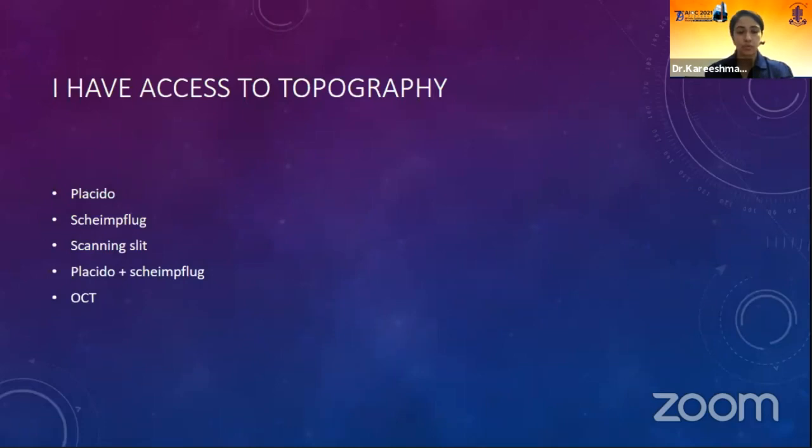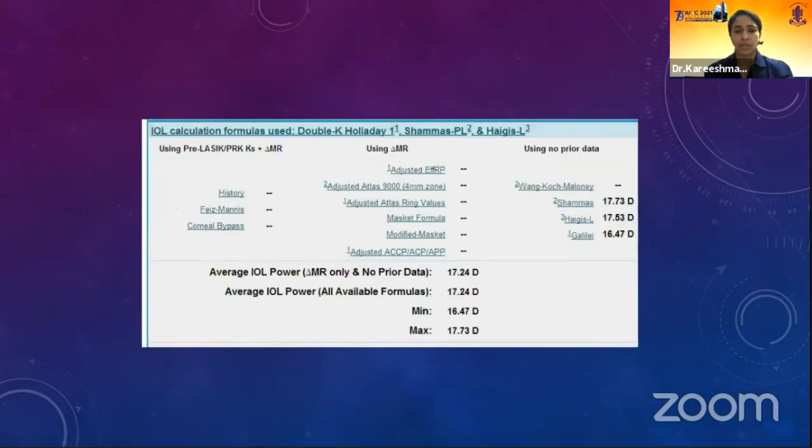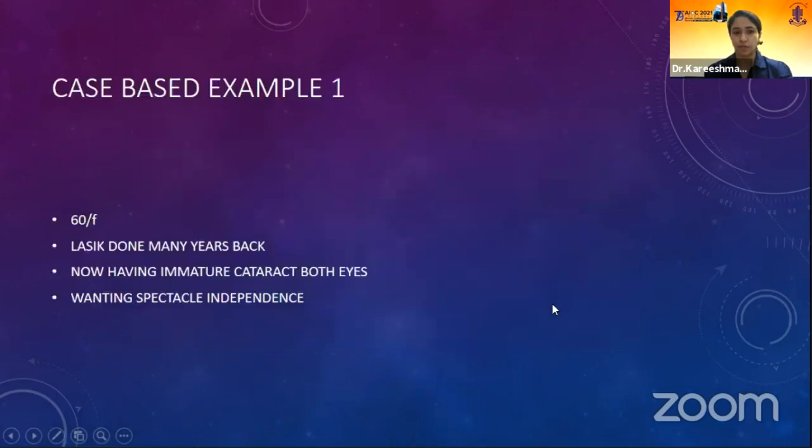There's no hard and fast rule because it gives you multiple options, like whether you want to enter the topography of an ISIS topographer finding, which is the effective refractive power, or TOMI, or Galilei, or Pentacam, or OCT, so on and so forth. So whatever you have access to, you can feed in that data. And this is how it gives you the ultimate calculation. It tells you what formula it has used, and accordingly, it gives you a minimum, maximum, and an average power.